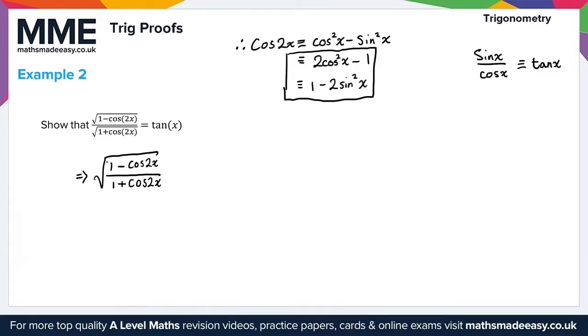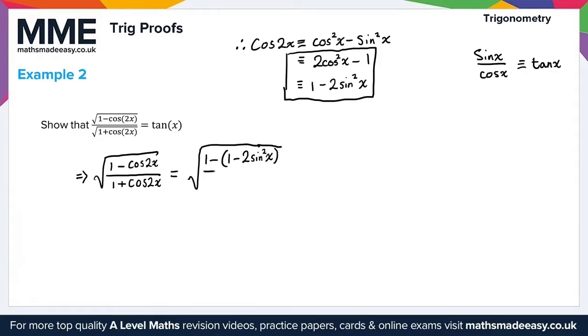Well, if we think about it, if this is 1 minus cos 2x, if I replace that with this bottom expression here of 1 minus 2 sine squared x, we're going to obtain a positive 2 sine squared x in the numerator. Remember, what we're looking for is sine x as our numerator, cos x as our denominator. So that's how we know that we're going to substitute 1 minus 2 sine squared x into the numerator here, and then 1 plus cos 2x into the denominator. So in that case, substituting these in, what we're going to obtain is the square root here of 1 minus 2 sine squared x,